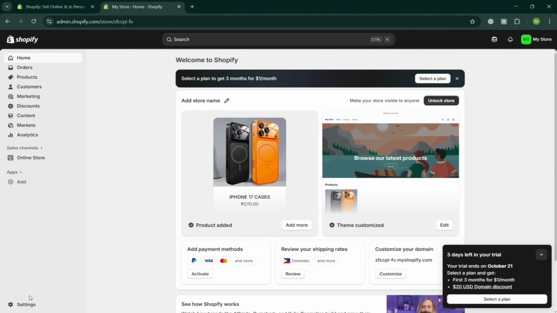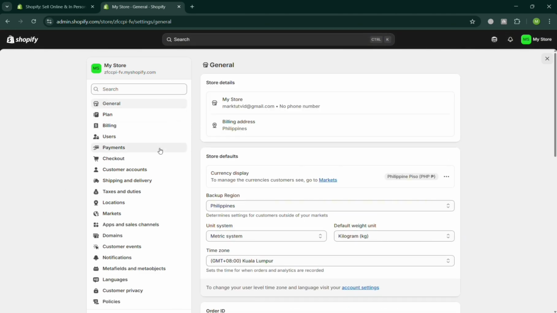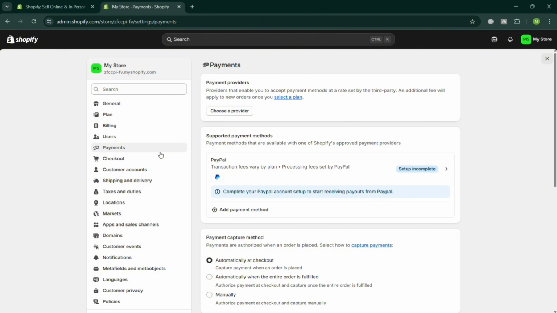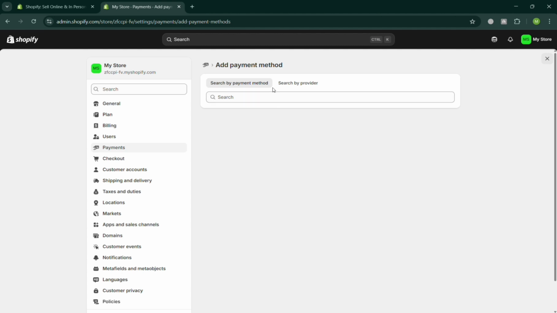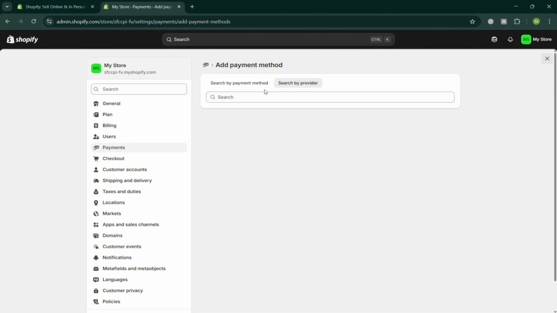Or alternatively, you can click the settings button below on the left side panel, and upon clicking the settings, just click the payments option. By clicking on it, it will show you a variety of options to navigate. Just click add payment method under supported payment methods. You could also go to the search bar under search by payment method or search by provider and search here